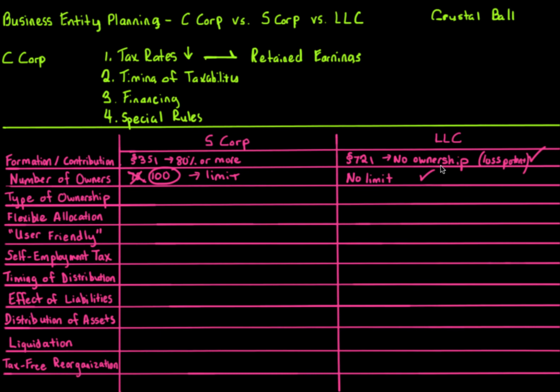Okay, type of ownership. So if you recall, an S corporation can only have one type of stock. One type of stock. Now, you can have differences in voting, but you can't have differences with respect to distribution. That's very important. So differences in voting is fine, but differences with respect to distribution is not fine